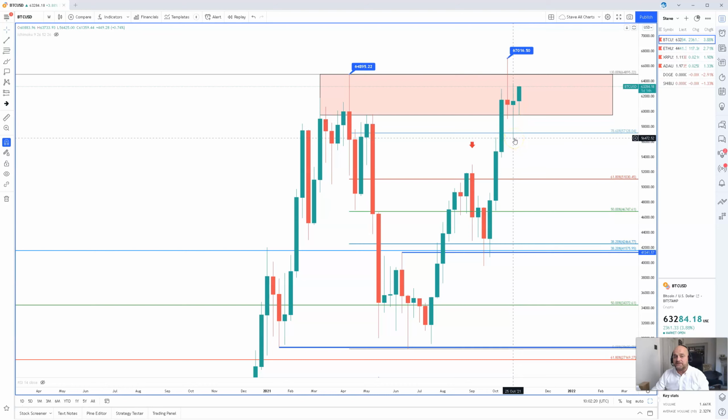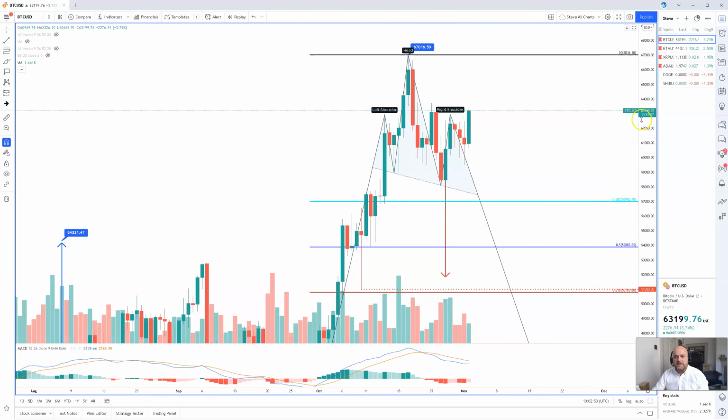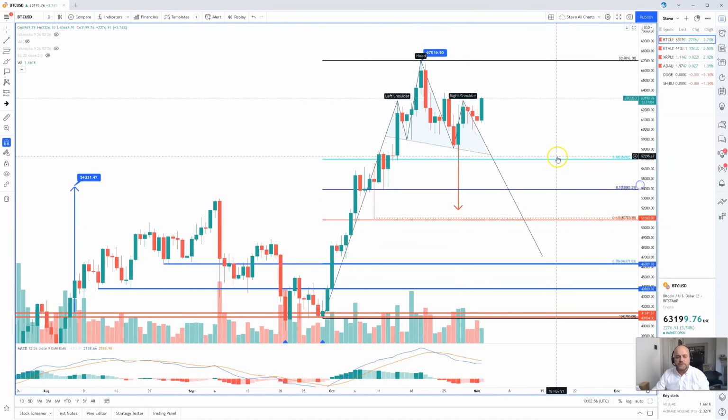We did have a sell-off down to 56,500, but rallied back and closed slightly more positive on the week and around about the same level as the previous 2 weeks. This week we have seen a little bit of movement to the upside, so we are trading within this band of resistance on the weekly chart. So potential for a break higher hasn't really materialized yet, but I wouldn't say that it's not within the realms of possibility. However, there are a few formations that are indicating that this may be a short-term